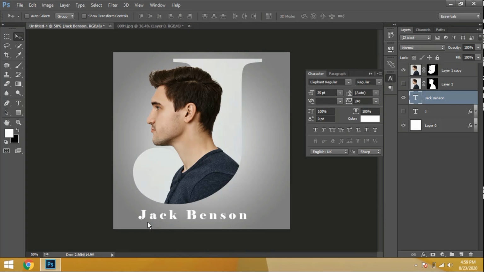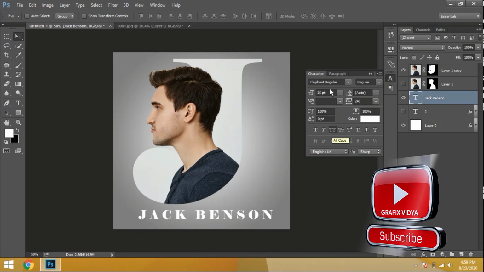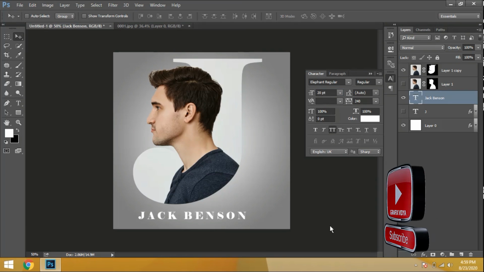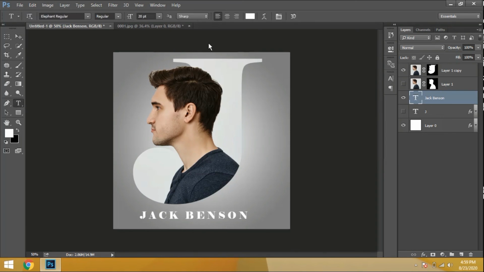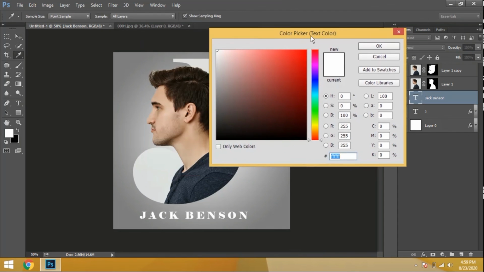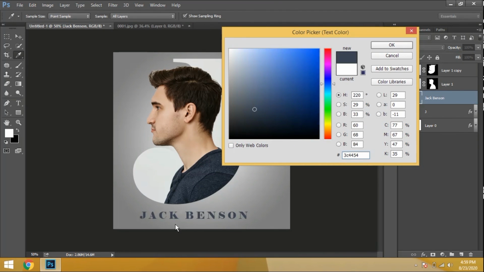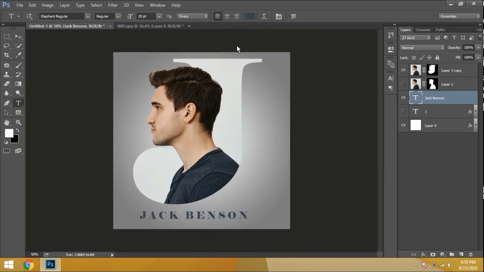Now we would like to keep this one as capital letters. You can keep capital letters like this, and you can decrease the font size. And what is next, friends? We can take a text tool again and click it here, and you can take an eyedropper to fill the color like this. Like this we can insert an image in the text layer, and we can use masking layers to create this type of portrait design effect quickly and easily.